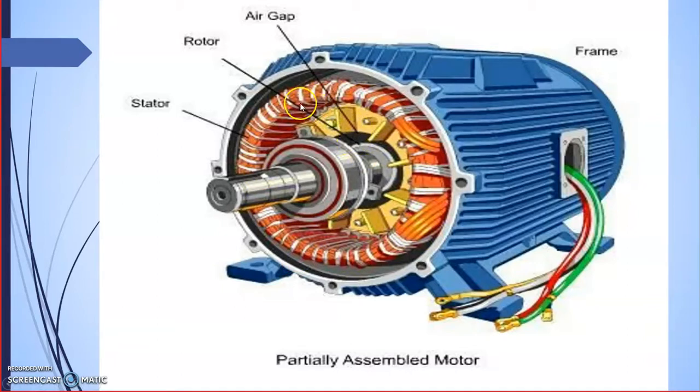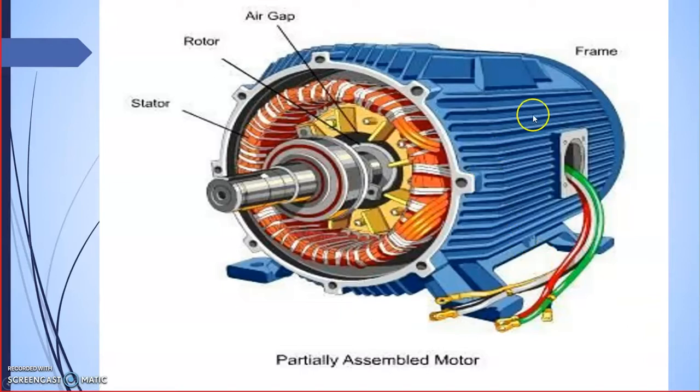If you see, this is the rotor and the stator, and between the rotor and stator the air gap will be there. So these parts are there. This is the stator. Now in AC machines and DC machines some changes are there, but we need not go into the detail of the construction. Our objective is to study insulating materials. Irrespective of DC motor or AC motor, we will see what the insulating materials are.